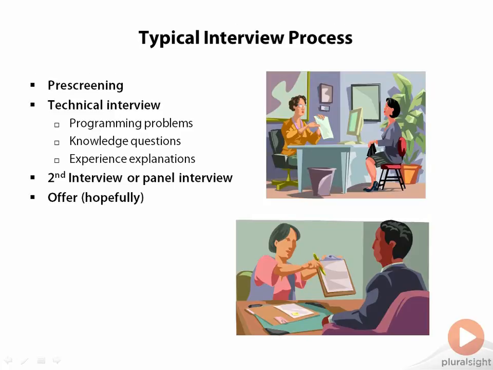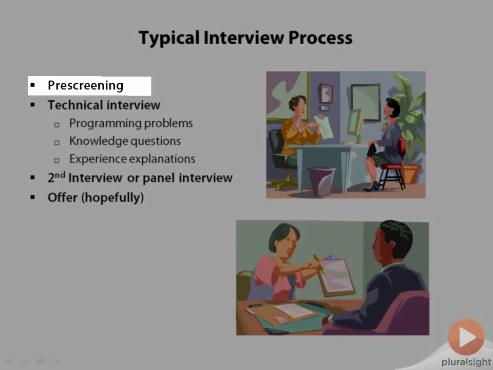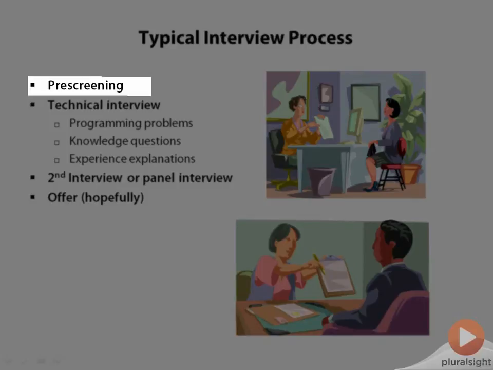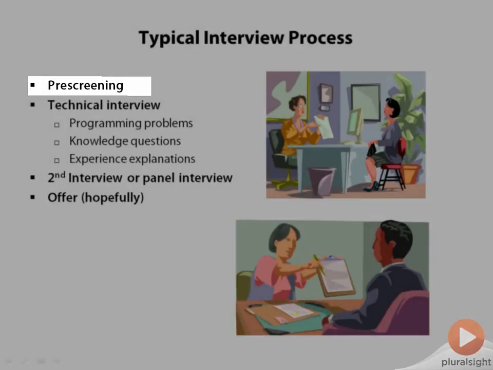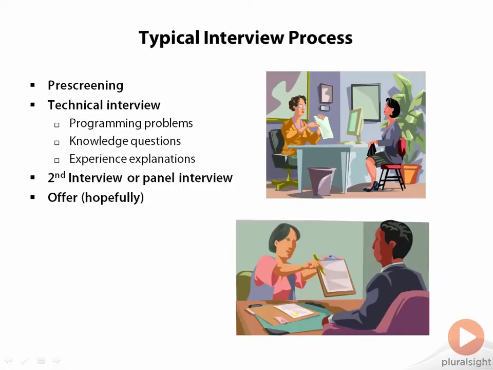Usually, the first step of the interview process is some sort of a pre-screening. Now, it can depend on the company or the job position, but in many cases, someone who's not super technical will often conduct a pre-screening. They just want to find out some basic information about you and to filter out the noise. They want to get rid of candidates that aren't really going to be able to pass a more rigorous interview or who aren't really serious about the job so that they don't waste the time of the interviewers in the company. The best way to have success in a pre-screening that I've found is to be honest, to be personable,